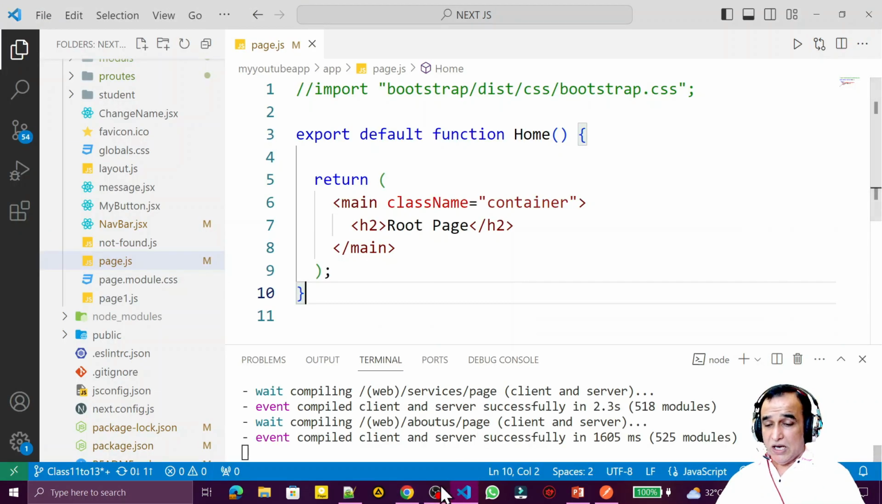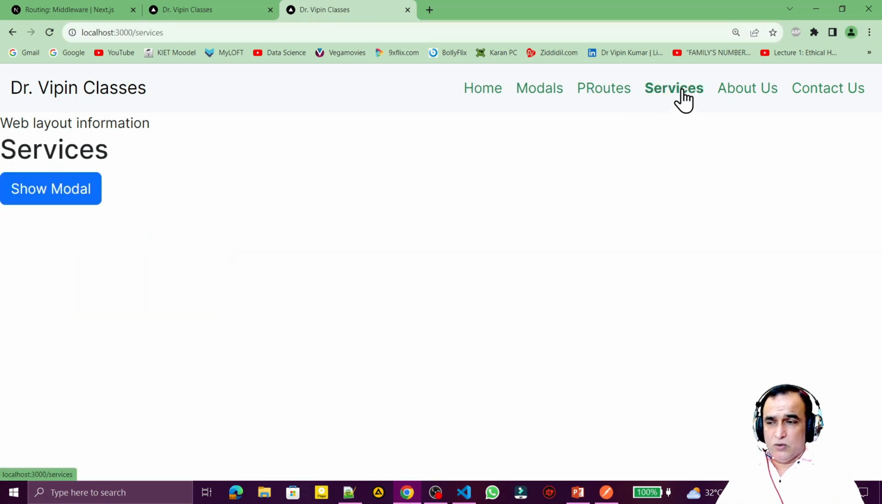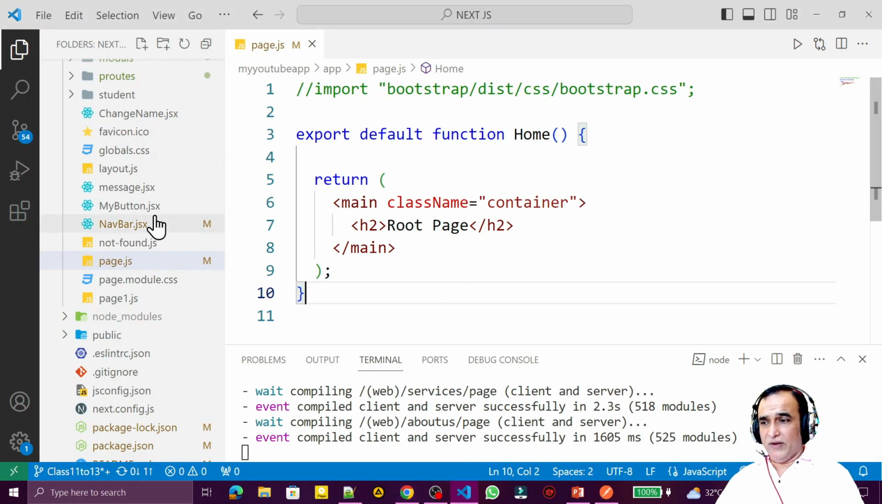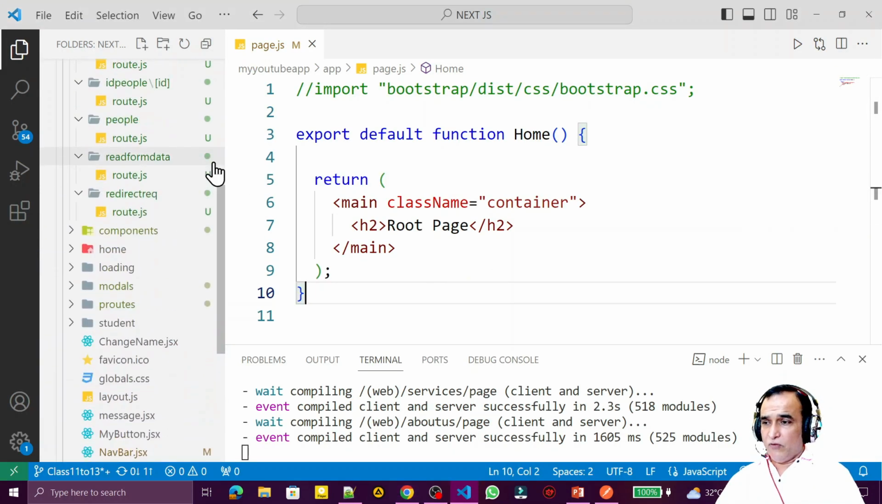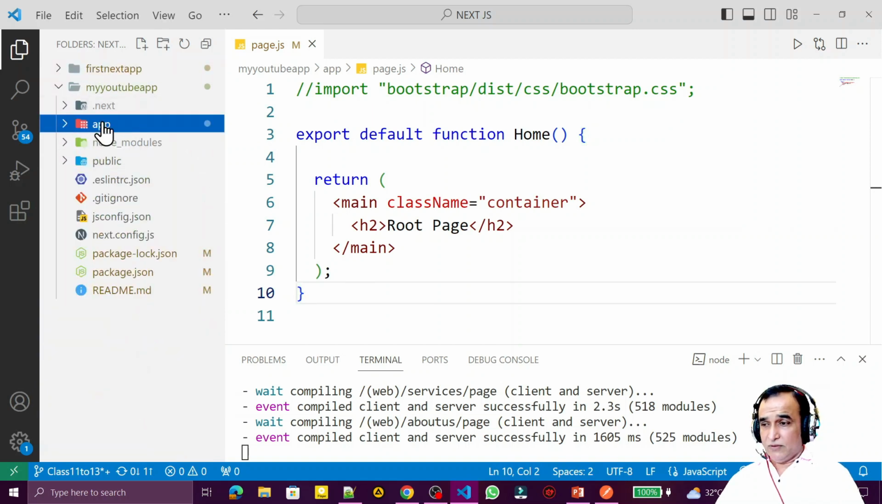So now if you see, directly I can go to any route here. I go to service, I go to about, there is no security available on any URL, but I am using a middleware to provide this security. For that, remember that in the app directory, so before the app directory,